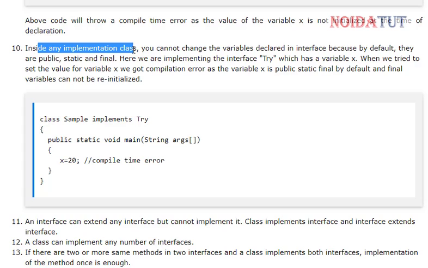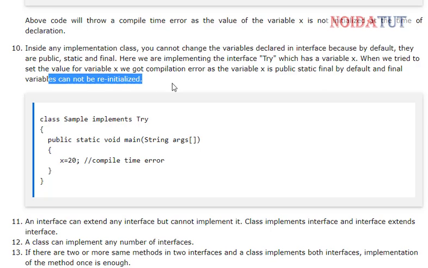Inside any implementation class, you cannot change the variables declared in the interface because by default, they are public, static, and final. Here we are implementing the interface try, which has a variable x. When we try to set the value of variable x, we get a compilation error as the variable x is public, static, final by default, and final variables cannot be reinitialized.